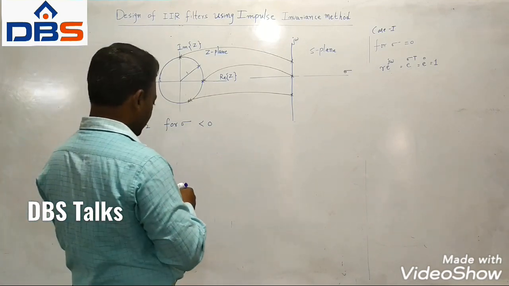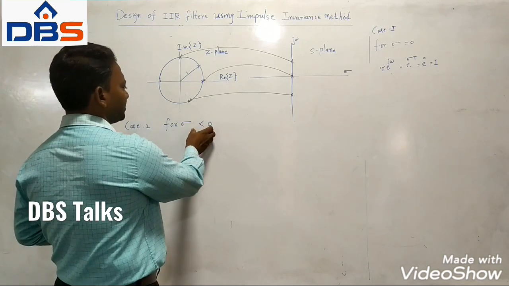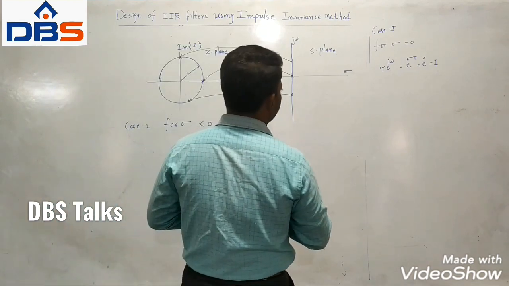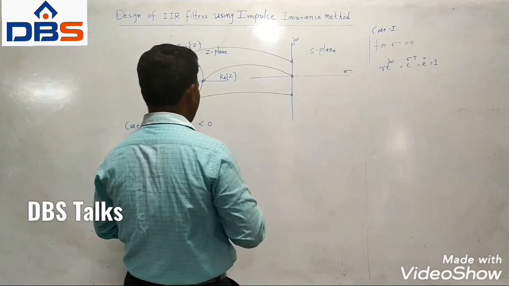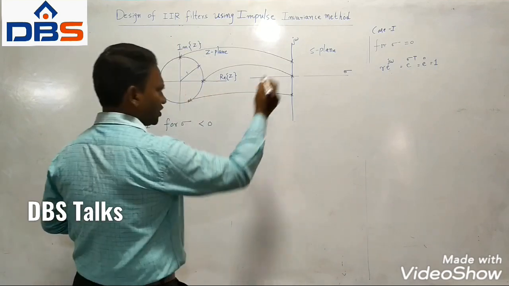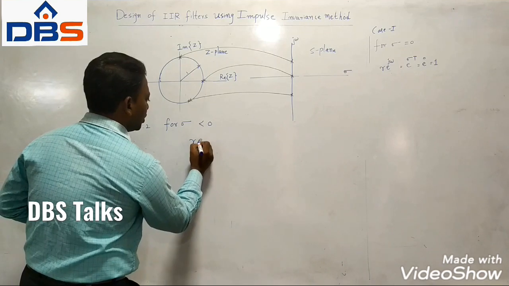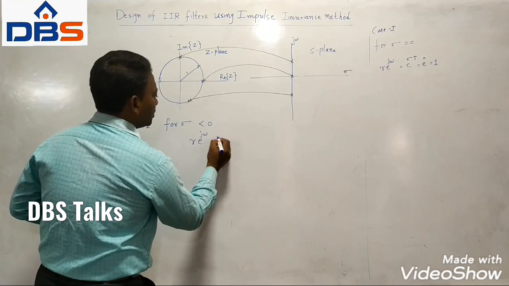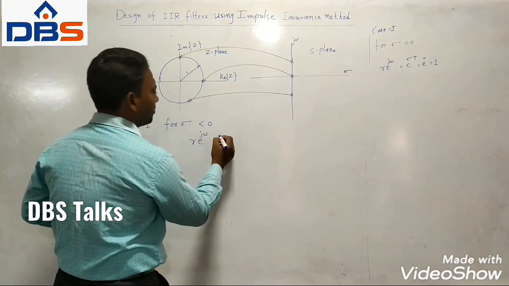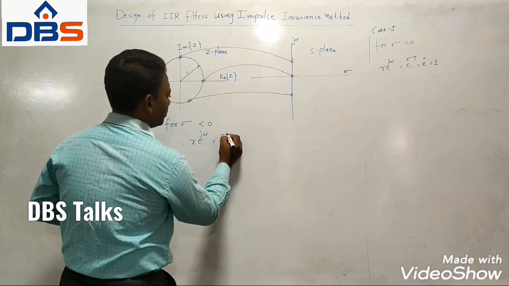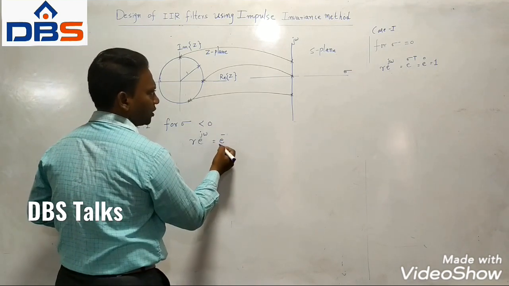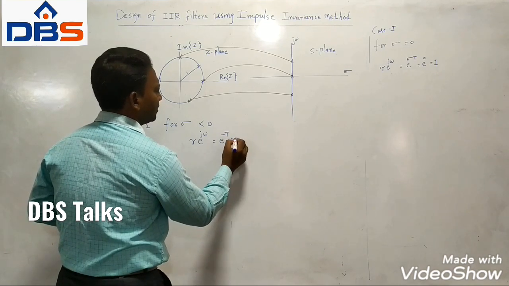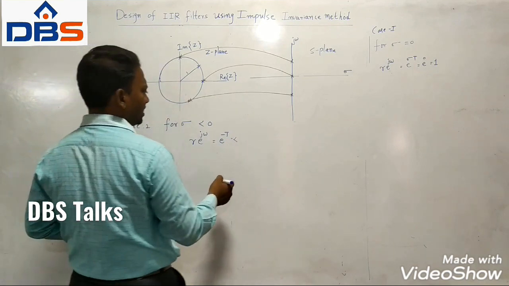case 2, the second case. In the second case, what we take is sigma less than 0. Sigma less than 0 means what? Negative values of sigma, which lie on the left hand side of the j omega axis. Now first of all we will see that. So r into e power j omega is equal to e power sigma t. Less than 0 means you will get negative values. Suppose you take sigma is minus 1 into t, e power minus t, it is always less than 1.